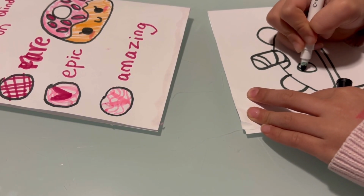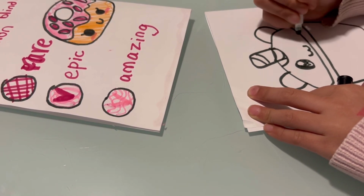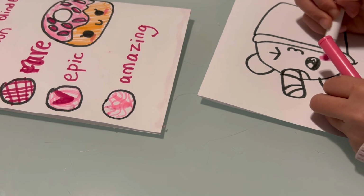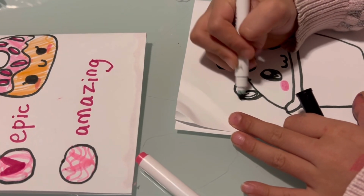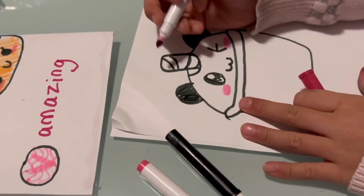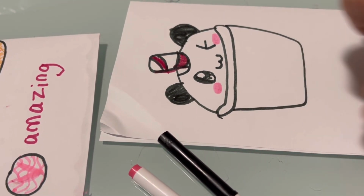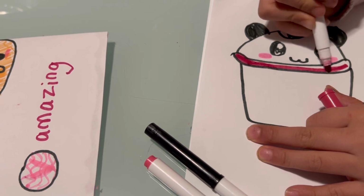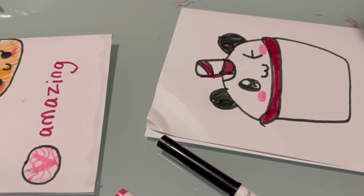I'm gonna draw the eyes. Okay, now we're gonna add pink cheeks. We're gonna add black ears. Okay. Now we're gonna color the stripes any color you want, but today I'm also going for a pink aesthetic, so you guys know I might be doing pink a lot. Okay, now we're going to